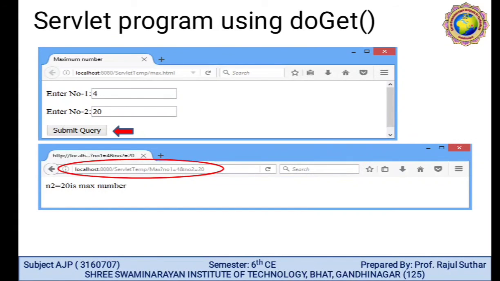So localhost 8080 servlet temp max. Here we can easily identify the given numbers, number 1 and number 2. Everything is appended in the URL. So the post method is secure in comparison to the get method.